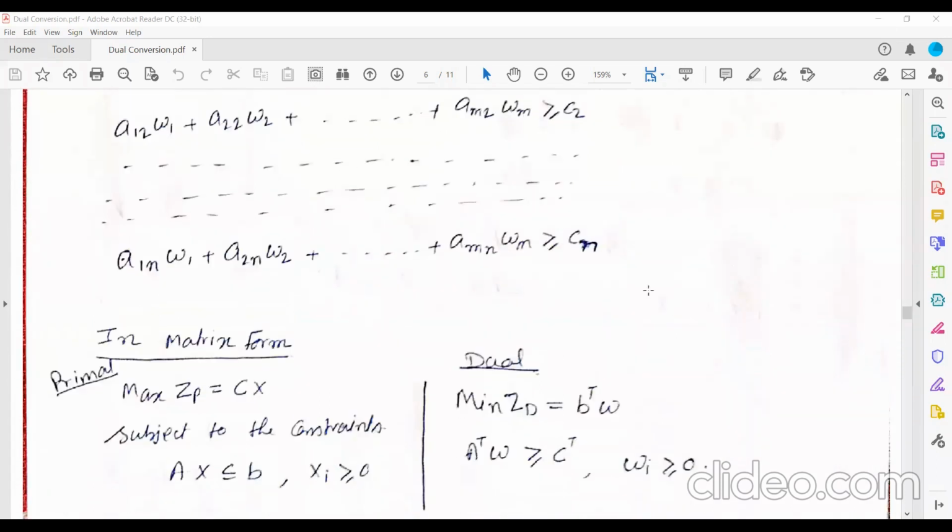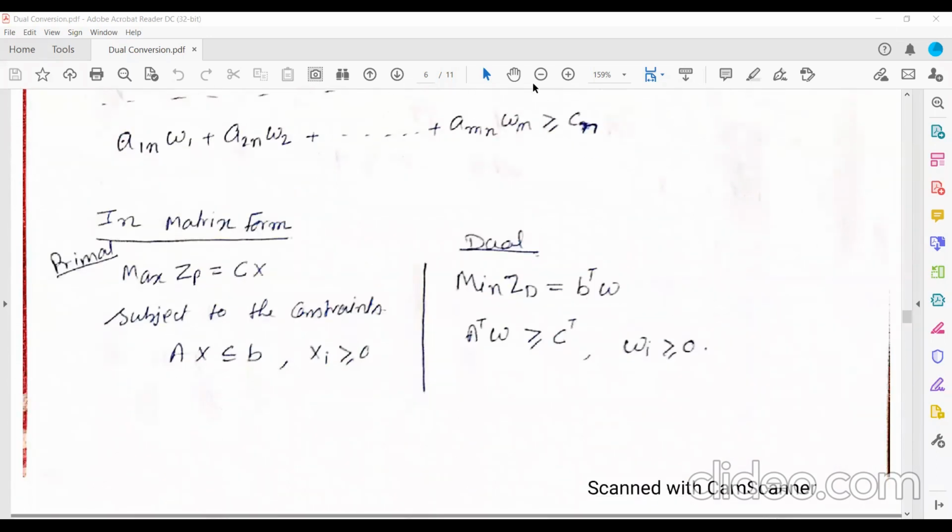Now see, in matrix form, how will you write this one? That is very simple. This is your objective function, that is your primal, subject to the constraint Ax is equal to b. Is it not? Where x is greater than or equal to 0. That means this x is obviously greater than or equal to 0. All these variables, basic variables are 0. Now its dual will be what? So this is already in standard primal. So now maximum becomes minimum.